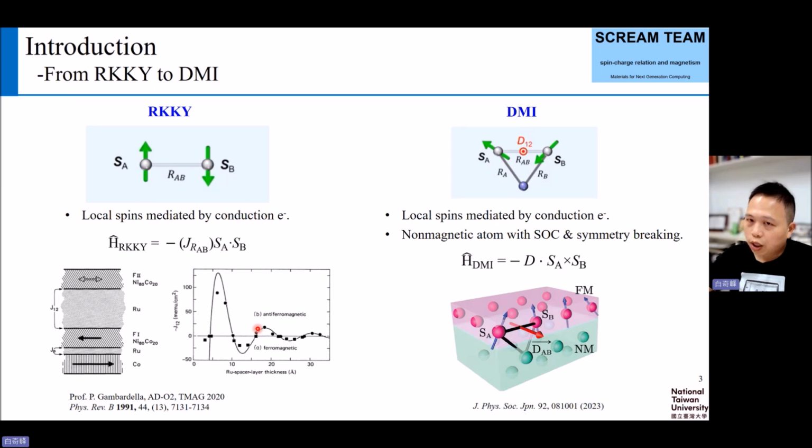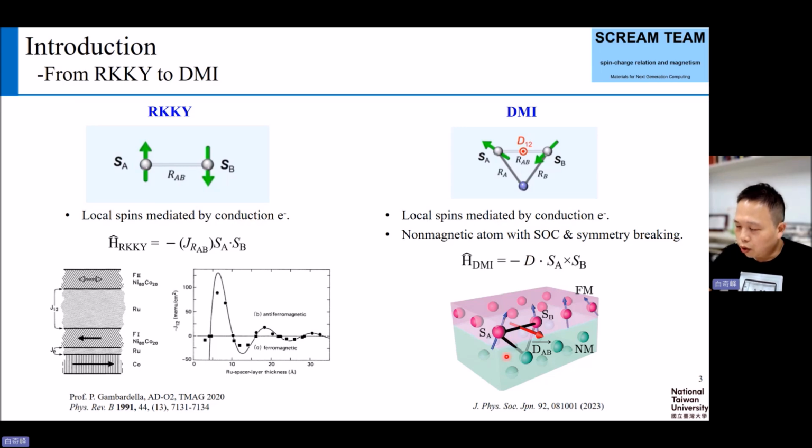And for the Dzyaloshinskii-Moriya interaction, or DMI for short, the local spins are also mediated by conduction electrons. But in this case, we need another non-magnetic atom with spin-orbit coupling to introduce this symmetry breaking. And a typical form of this DMI Hamiltonian is presented like this. So we have the cross product term here, and then this result will have an inner product with the DMI D